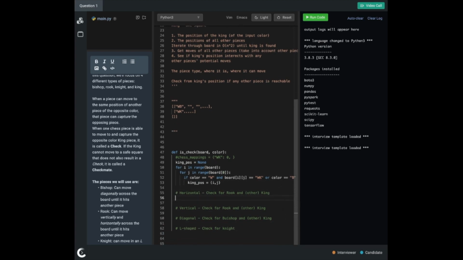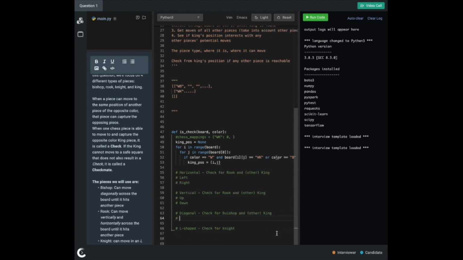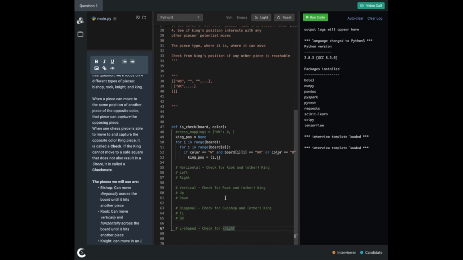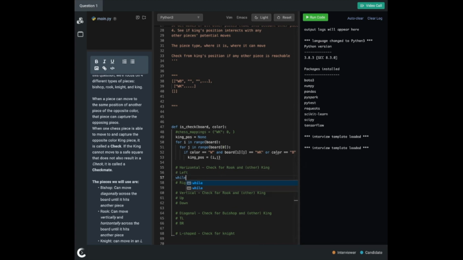So we have the king position. We'll do to the left and to the right. Similarly for vertical, I'm going to do up and then down. For diagonal, I'll do top left and then bottom right. So for left, I want to check all the way in one direction, while